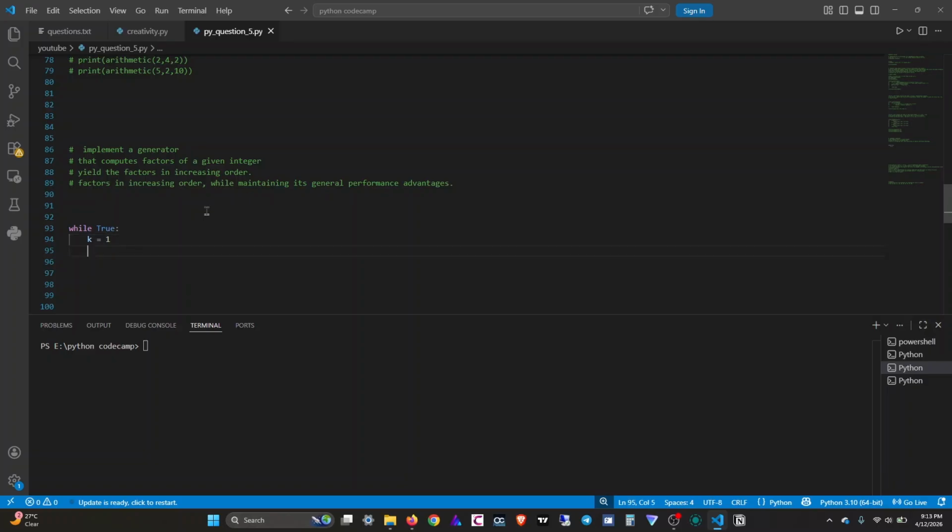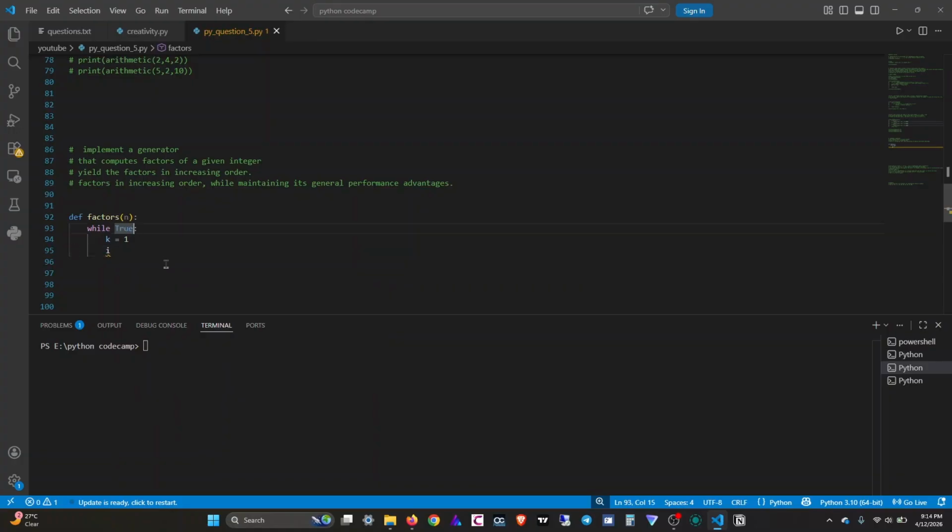So, let's build a function. def factors, in which we'll use n. Okay, n is the number we'll give. So we'll use the tab, the indentation. So k equals 1, and we'll use this in a way that if n modulus k,